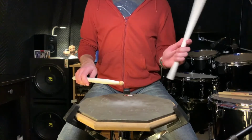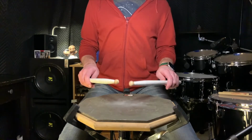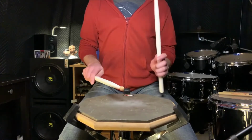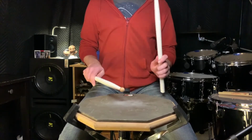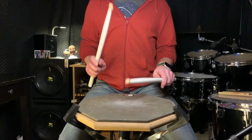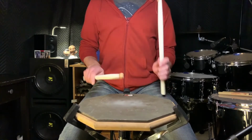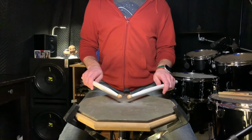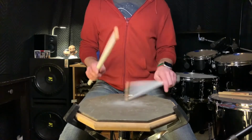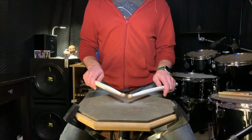Now we're going to lead with our offhand, downstrokes. 1, 2, 3, 4. 2, again, and 2, again, and 4, again, and